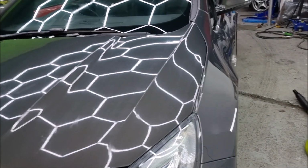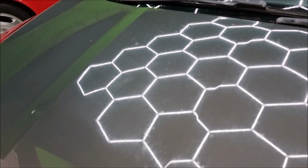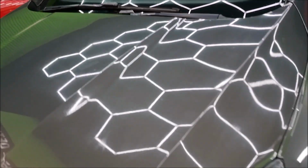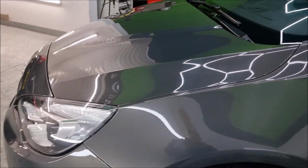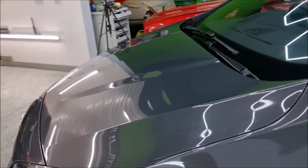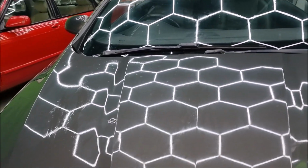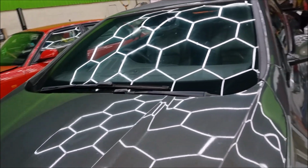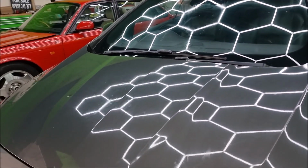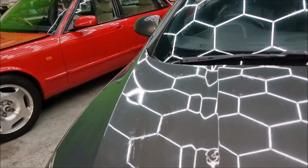But there's quite a lot of staining still in the paint. You can see the finish isn't great. So I'm going to work out what I'm going to do with this. I was going to put just a coat of Gtechniq coat on it, but I might use the Rupes Uno on a polisher, see if we can polish some of the lighter things out and just give a better finish really. But really, these ingrained stains, the car needs machine polishing, but it's got a dent in